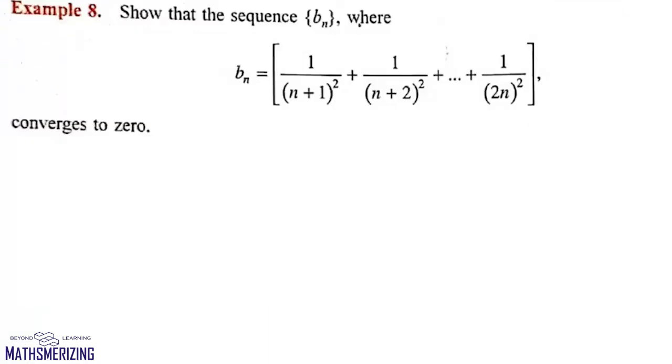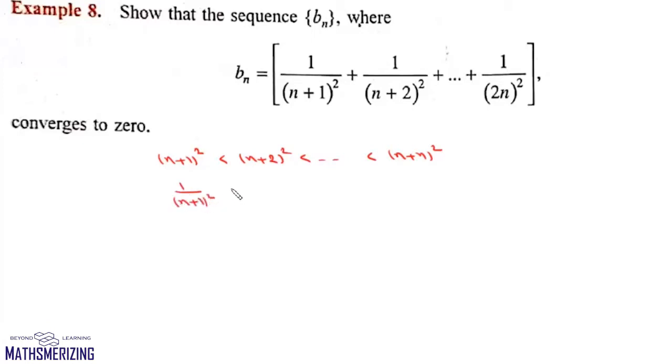Now let us take an example. Say for example, it says, show that the sequence bn, which is 1 upon (n plus 1) square plus 1 upon (n plus 2) square up to 1 upon (2n) square, converges to 0. Now we know that (n plus 1) square will be less than (n plus 2) square and it will be less than (2n) square. Now if we take the reciprocal, we can write 1 upon